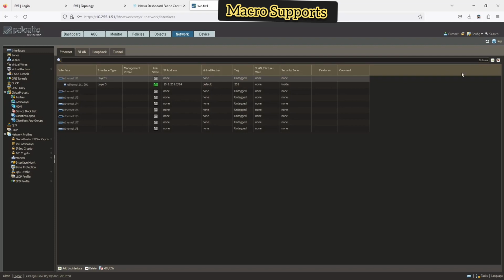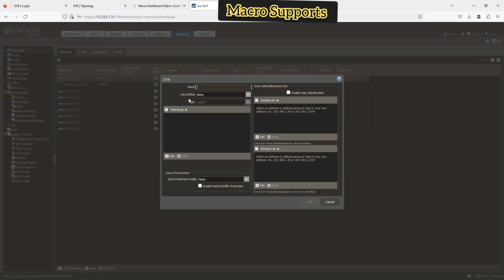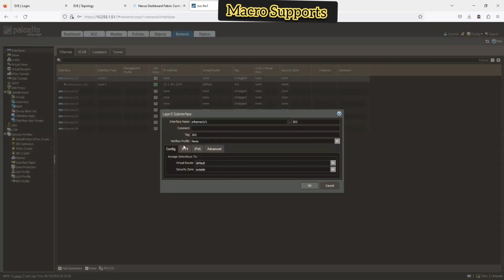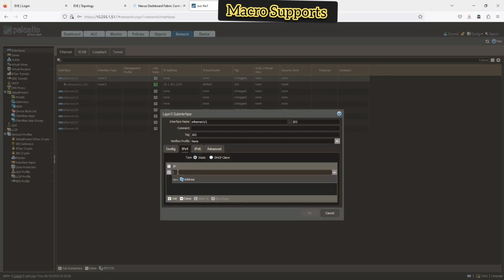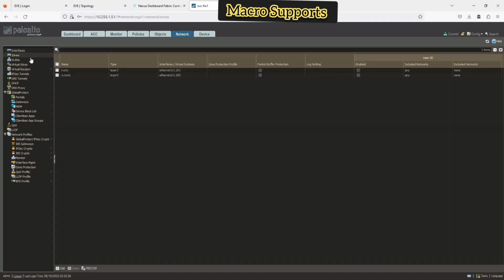And then we're going to do another sub interface, 202. VR is going to be default. Security zone is going to be outside. And the IP address here will be 10.1.202.2/24. Okay, there. And then I'm going to have zones. I'm going to have to